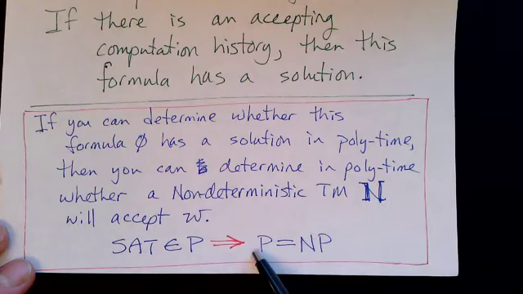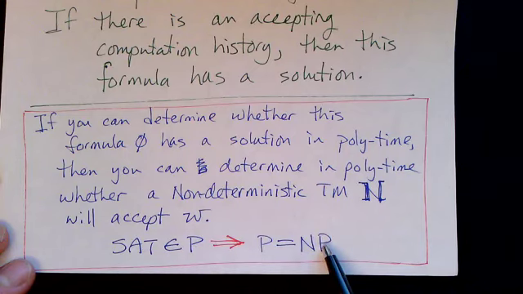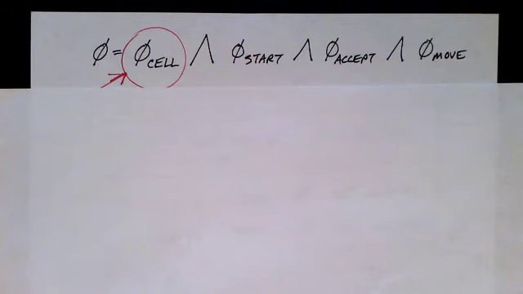And so that would prove then that P equals NP. So if we can prove that we can solve the satisfiability problem in polynomial time, it implies that P equals NP. So all we have left to do in this proof is to show how to construct this Boolean formula